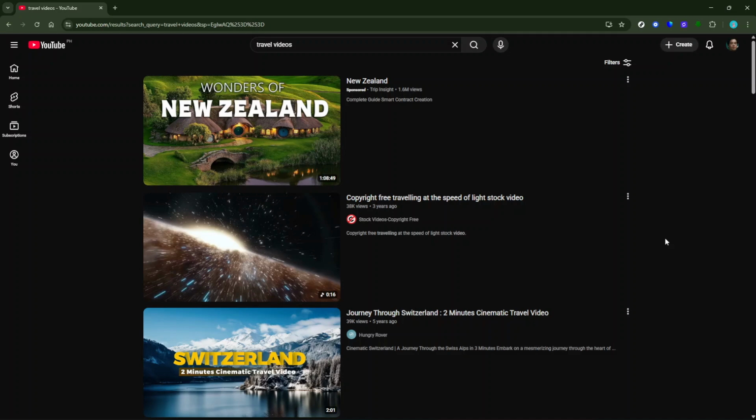And there you have it. YouTube will now show you videos that can be reused based on the Creative Commons licensing terms. This is incredibly helpful for creators who need footage without the hassle of complicated rights negotiations. Remember, while Creative Commons licenses make it easier to use content, it's always important to double-check the specific licensing terms associated with each video to ensure proper usage.